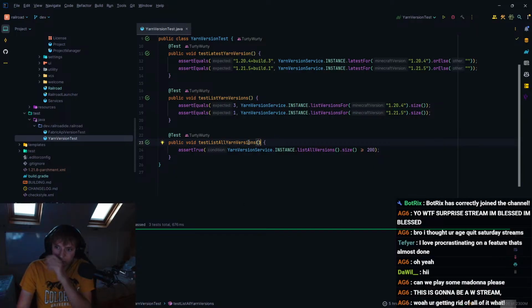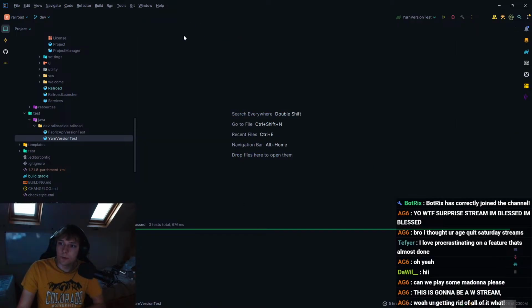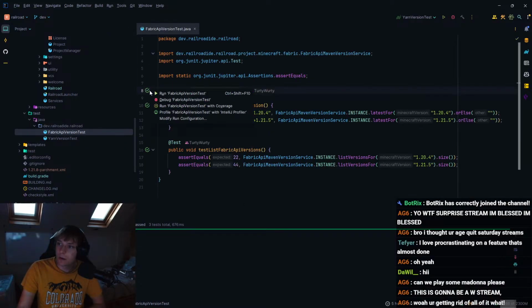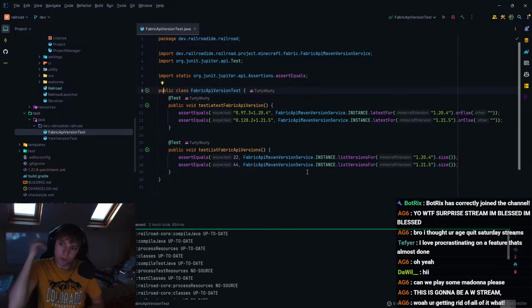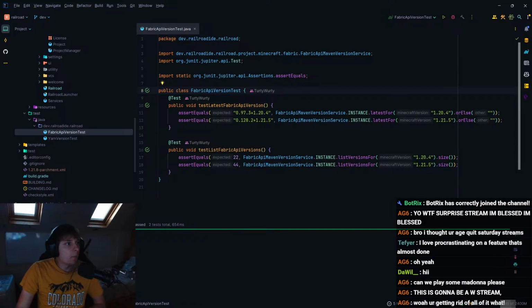Okay, yeah, that should all be fine. So those ones are all fine. And then if we go Fabric API as well, I mean, these are some very simple tests in reality, but yeah, okay. I'm actually gonna just reorganize the to-do list a little bit because I think we need to do the Minecraft version first, as like #1 importance.